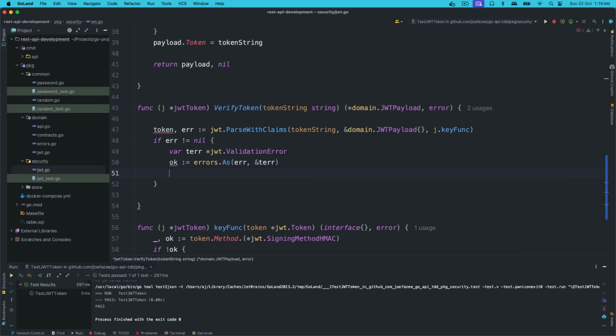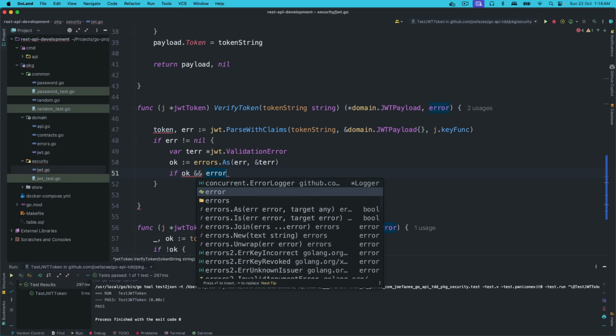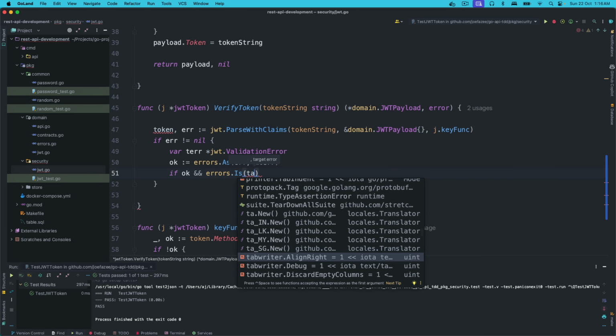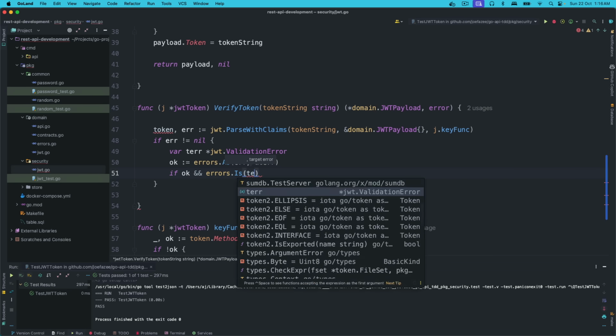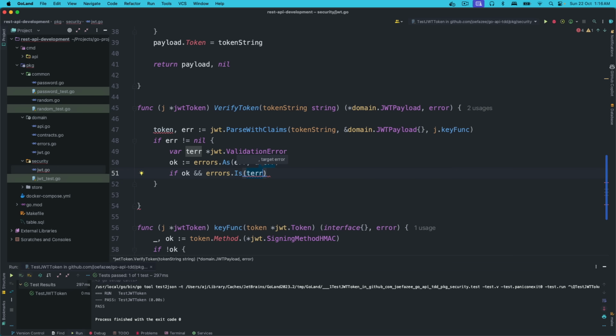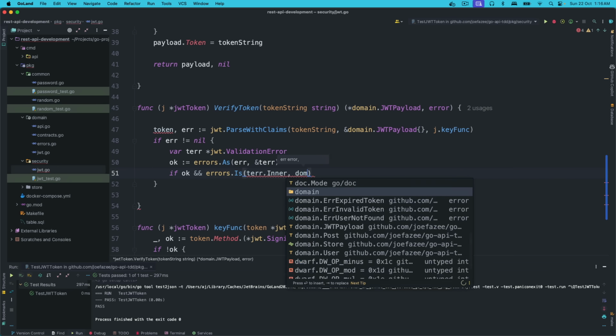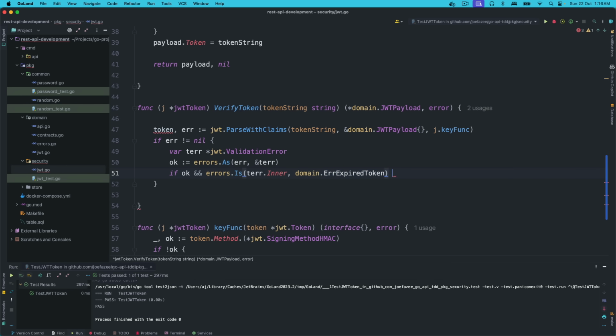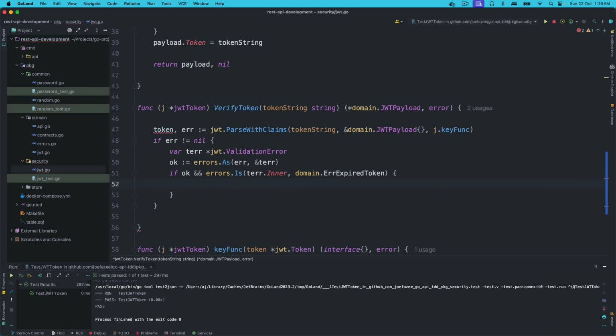Okay, if okay, and the error is, let's say the error is domain.expired token. If this is what we have,